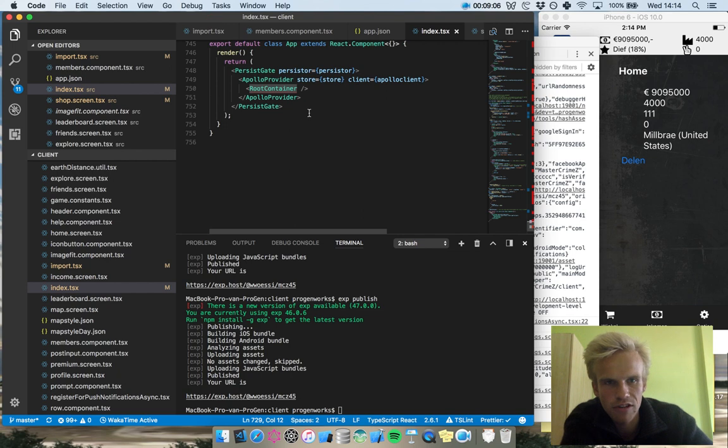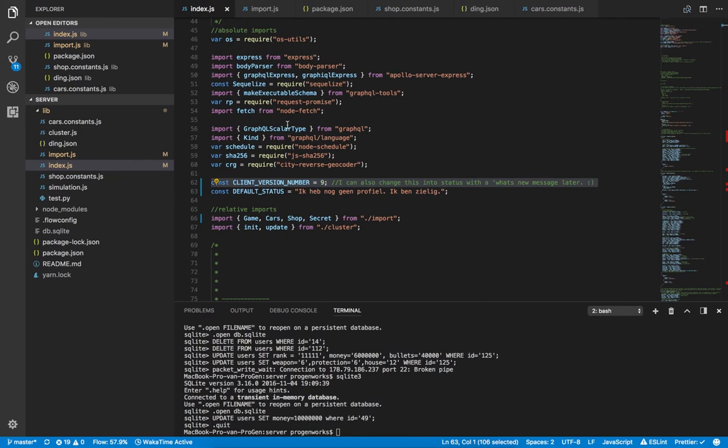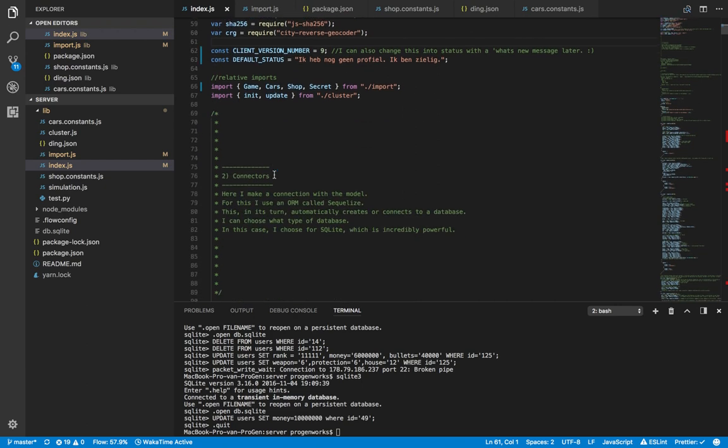Because I have a GraphQL server that returns 9 if we run the query against it. And in case you have never used a GraphQL server, this is kind of how I have it working. So I define client version number equals 9 here, and then we have a GraphQL server that has a resolver